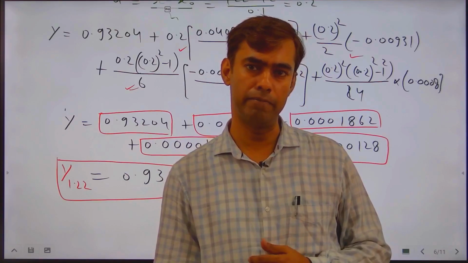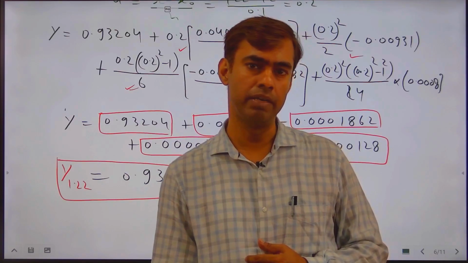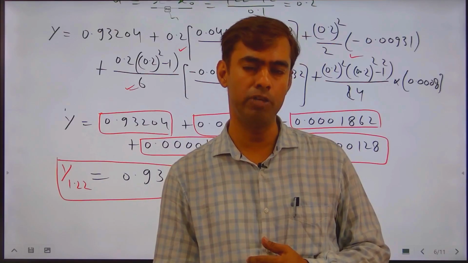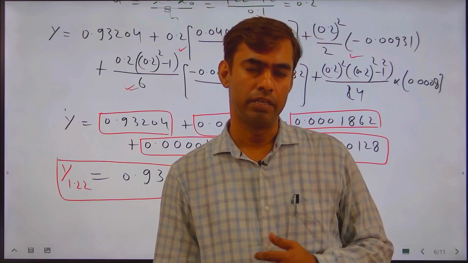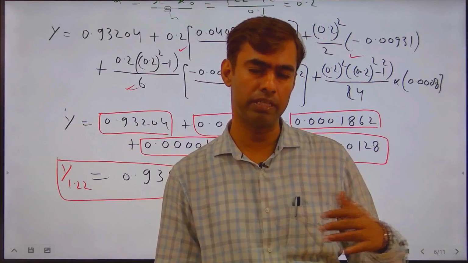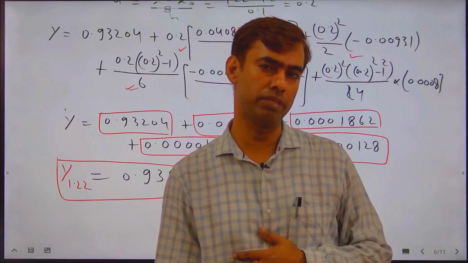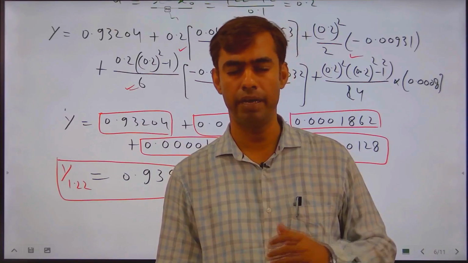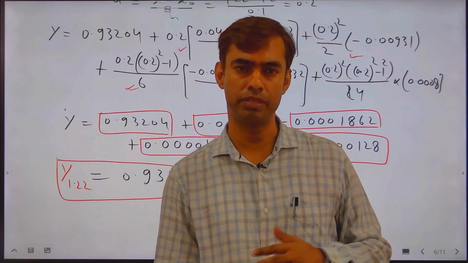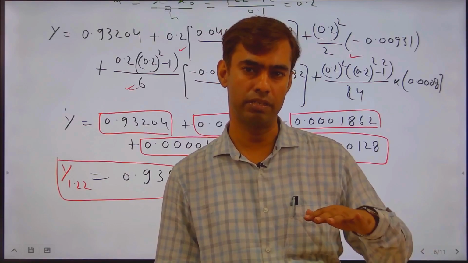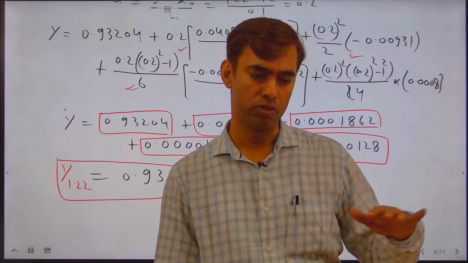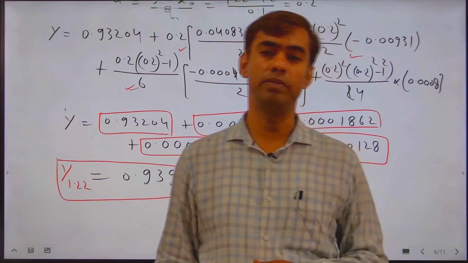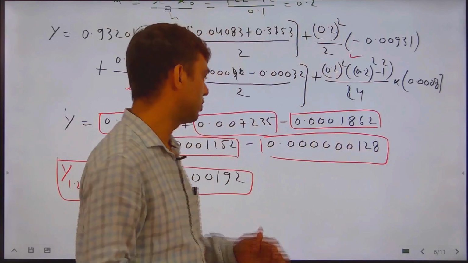Then we construct the difference table and write the Stirling formula, putting in the values of the differences, means first order forward difference, second order forward difference, third order and so on, in the Stirling formula. And after simplification of the numerical values, means after addition and subtraction, we are able to find the final result. So this one is what? This one is